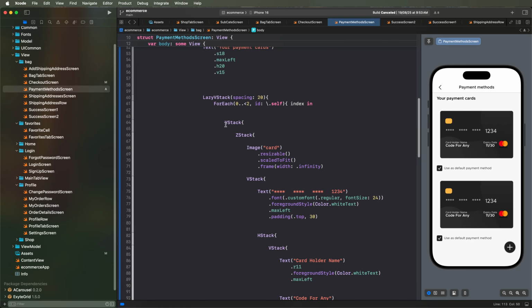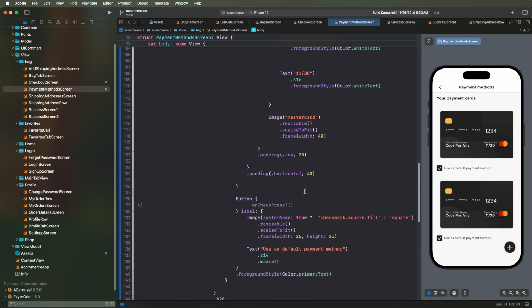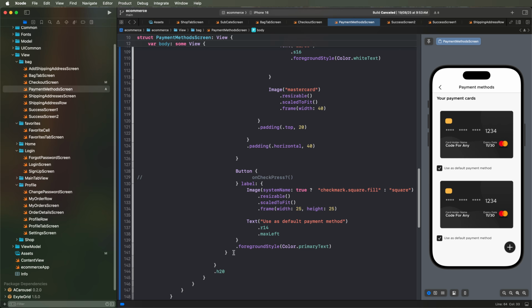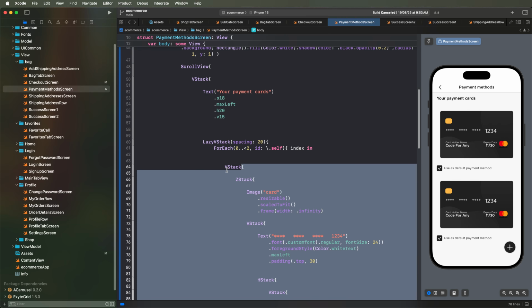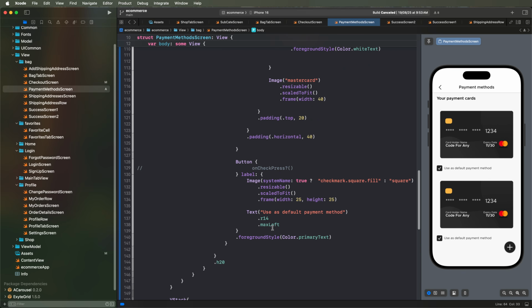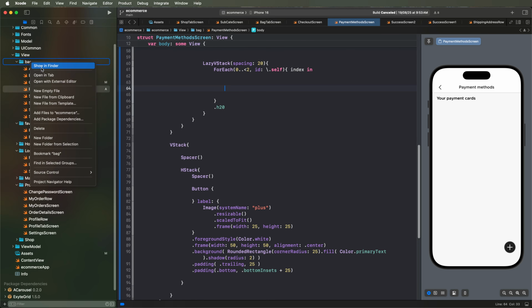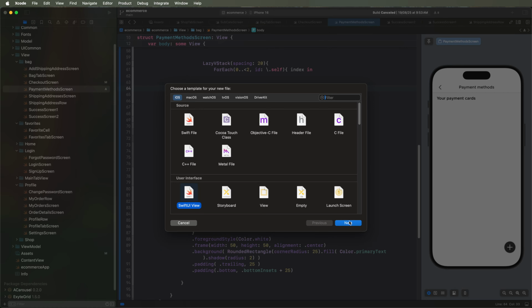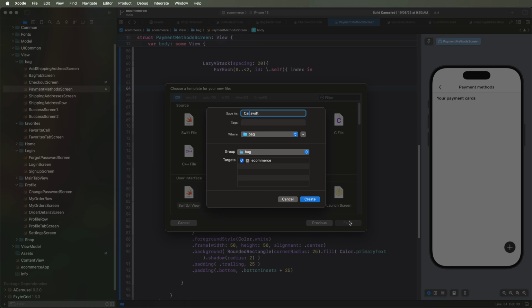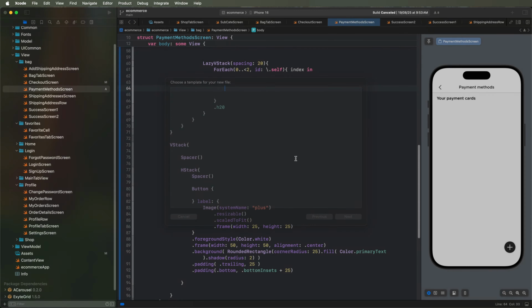And now we need to convert this into the card row. We need to make this a text. Cut this entire data and create a new template from files. And we need to give this SwiftUI view. Use the row, card row, paste here,